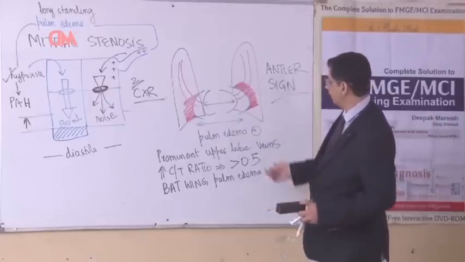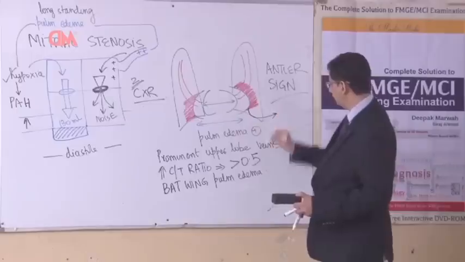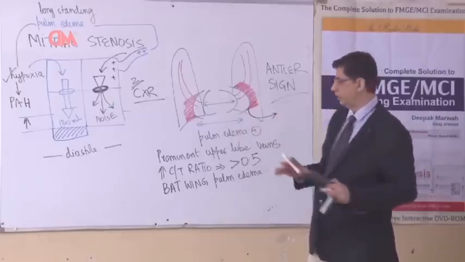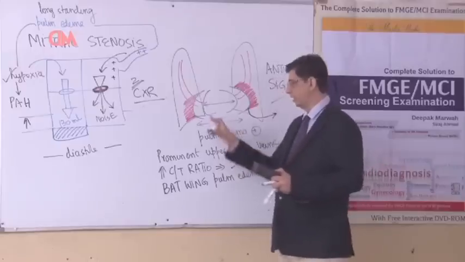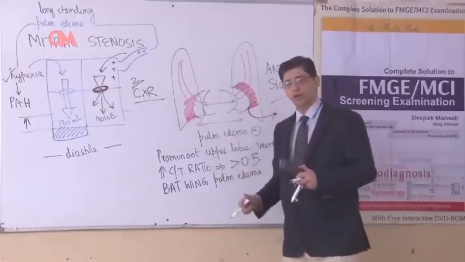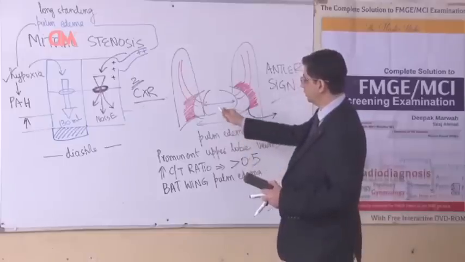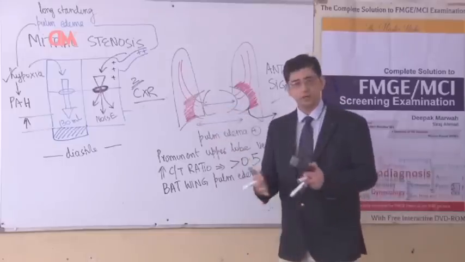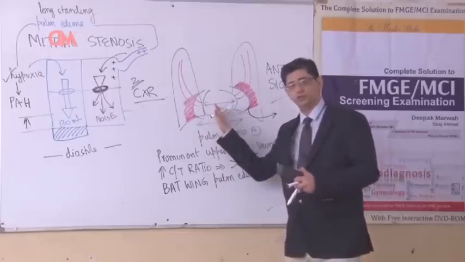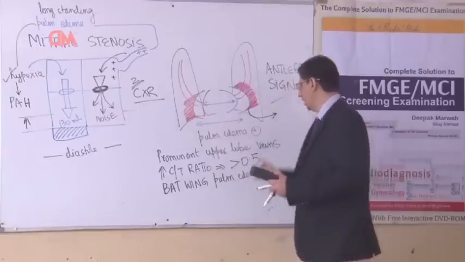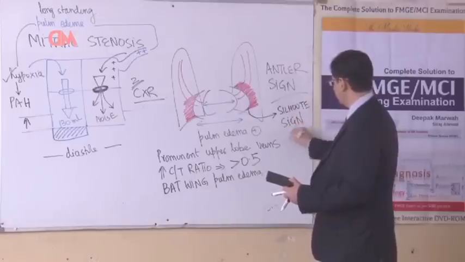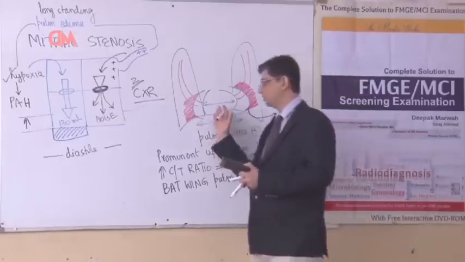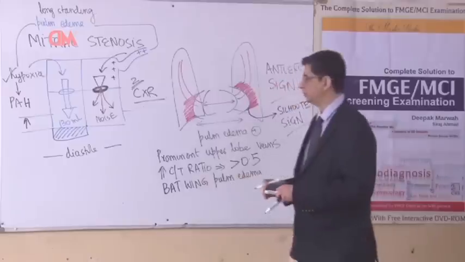This bat wing pulmonary edema can be explained in a different way. Normally on an X-ray, the lungs will look black and the heart will look white. Here, what you will notice is that the whiteness of the heart will extend over into the lungs. I repeat again, the heart will be looking white on X-ray. The whiteness of the heart will extend into the lungs, and therefore a radiological term for this is known as Silhouette sign. Silhouette sign would imply that the cardiac borders are not appreciated properly, and the reason they are not appreciated is because the whiteness would extend into the lungs of the patient.